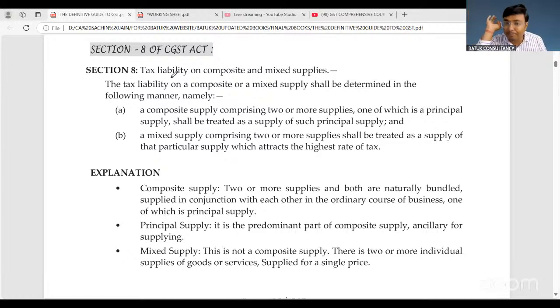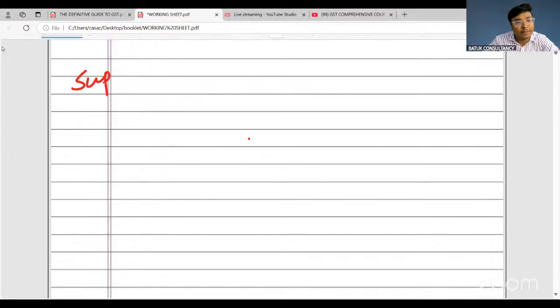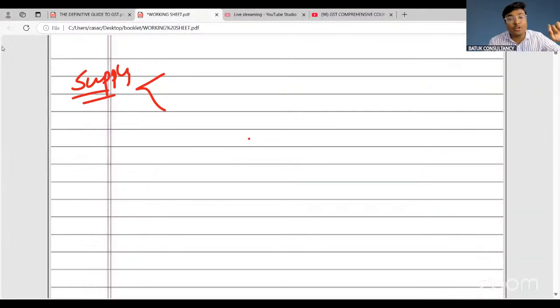Now suppose we have decided that this specific item is a supply. We have already decided that this particular activity or transaction is a supply, and based on the nature and based on our knowledge of schedule number 2, we have decided that this is a supply of goods or supply of services. Now, for a single supply, this is completely okay. Supply of goods, supply of services. But